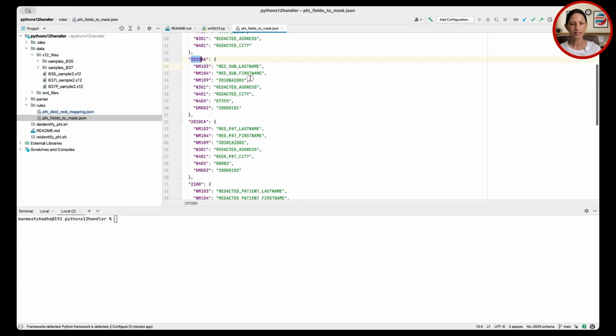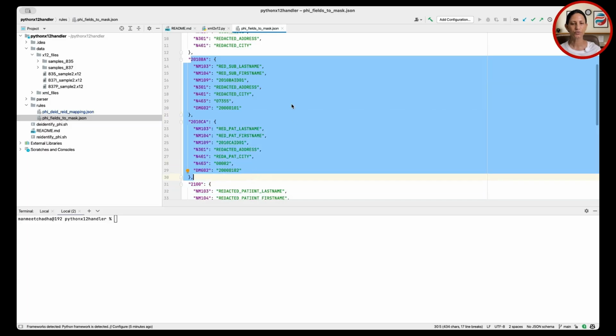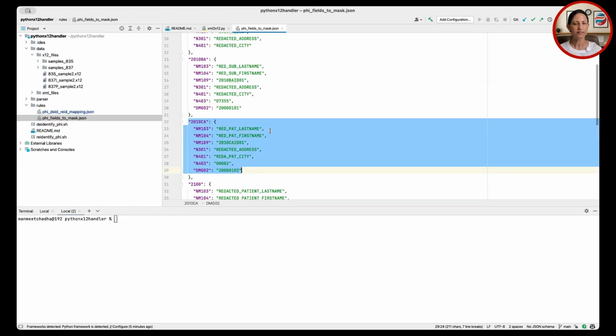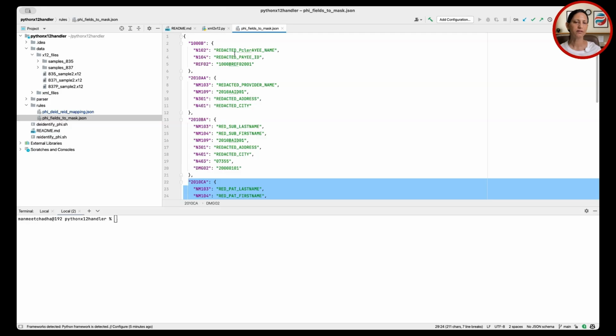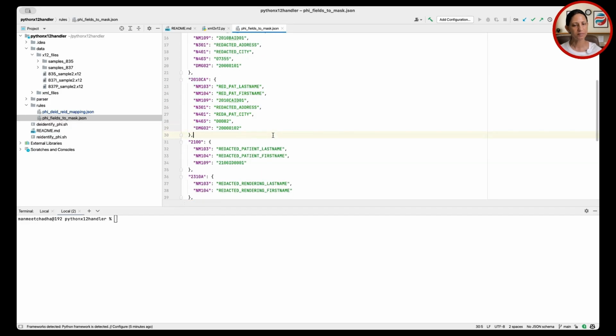So in this demo, it will be utilizing this loop information. I'm masking the address, first name, last name. This is for the subscriber and this is for the patient. Then I'm also masking some provider and payer information, though it's not PHI, but still for the sake of convenience I'm masking. And this masking file I utilize both for 837 and for my 835 maskings. So that is why you would see a few of 835 segments also in this masking file.